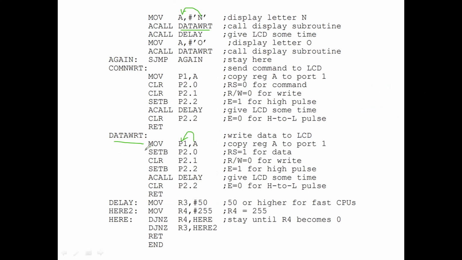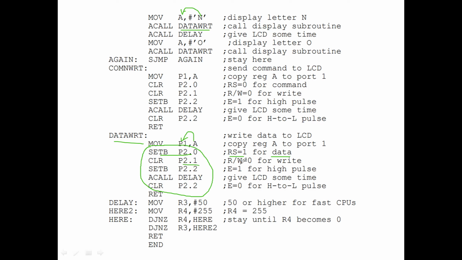In port 1, we have to send it as data. So to program it as data send, set this particular pin so that RS, the register selector, will be 1 for data transfer from 8051 to LCD.